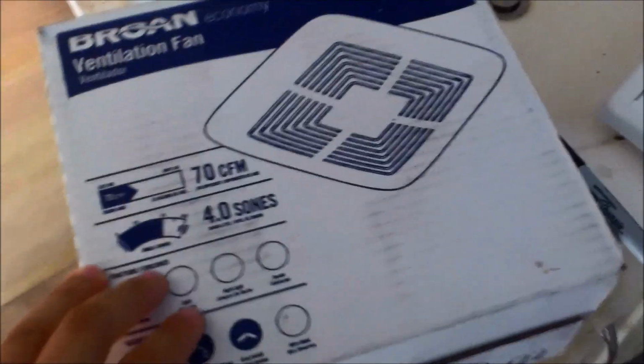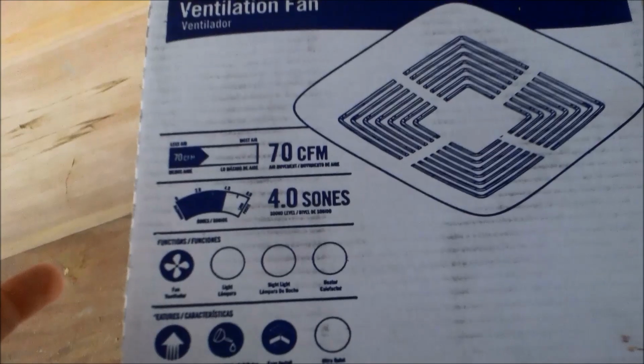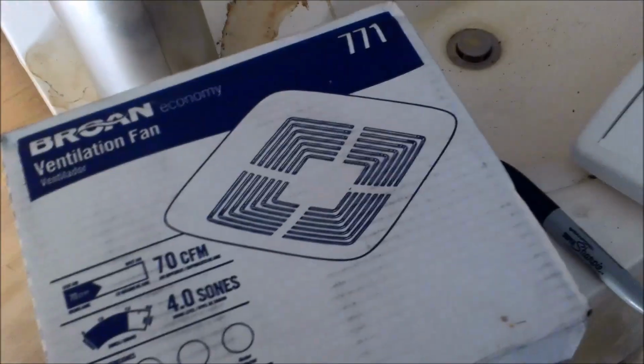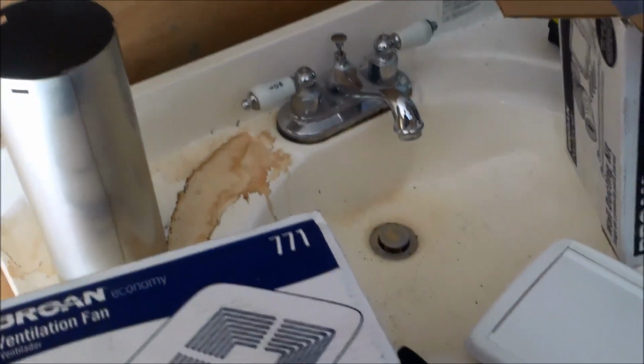I've installed 50 CFM, and I've installed 90 CFM ones. 70 is about good. And I'm not too concerned about the decibel level of how much noise it makes, because you kind of want that noise to drown out bathroom sounds, especially since this bathroom's gonna be right off from a living room. So I'm gonna wire this to turn on when